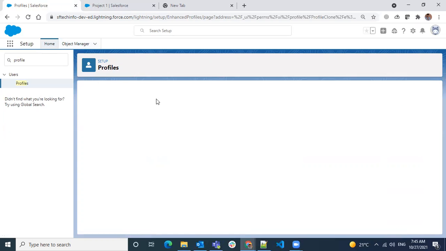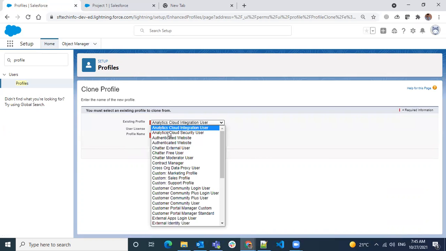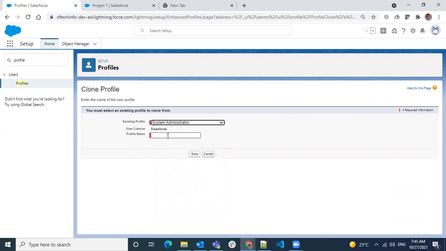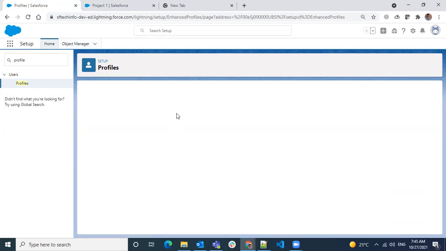New profile. I want to clone it from a system administrator, this time saving it to the system admin with a different name.